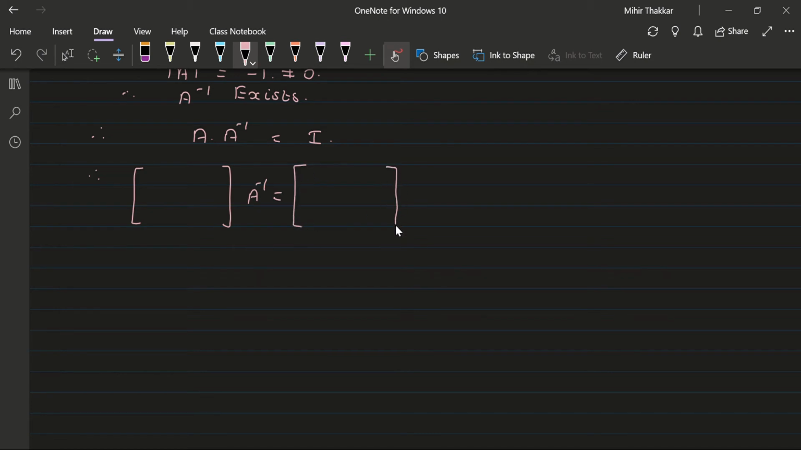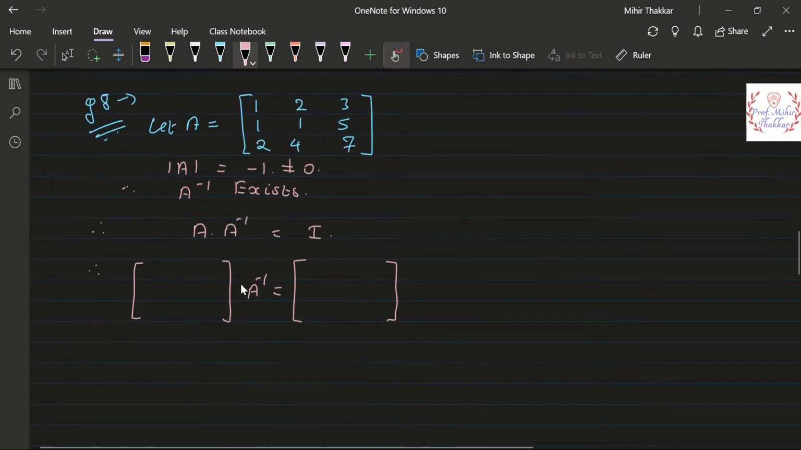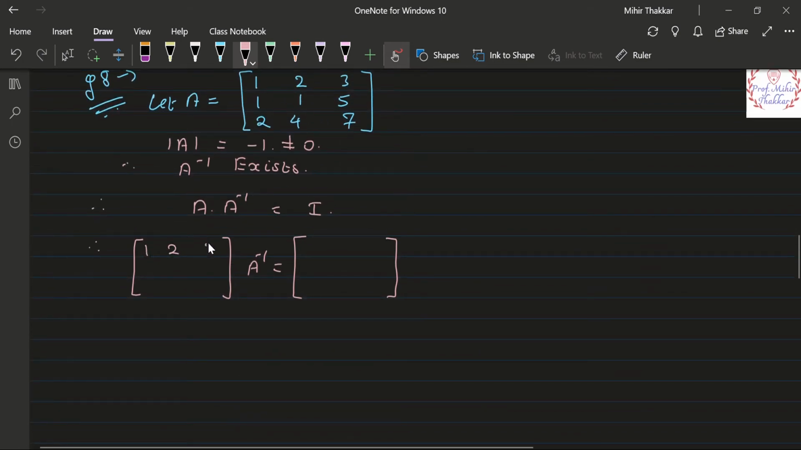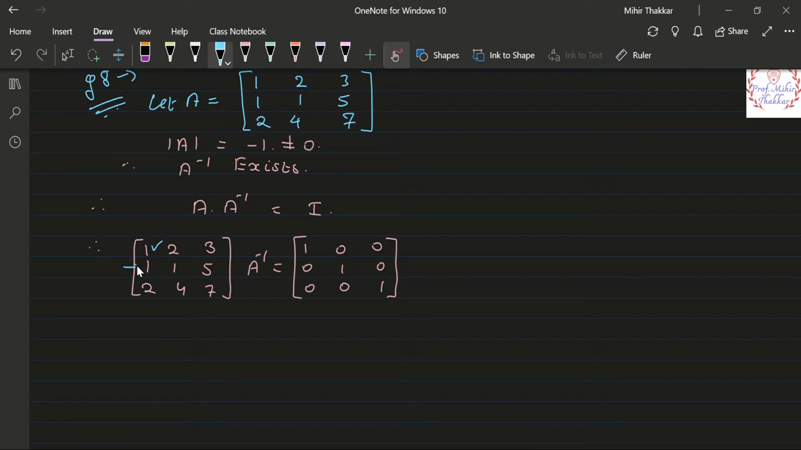Now this A is a 3 by 3 matrix, so I is also a 3 by 3 matrix. 1 2 3, 1 1 5, 2 4 and 7, 1 0 0. Over here the first element is already 1, so we have to convert this element into 0 and this element into 0. So the transformation that we have to apply,